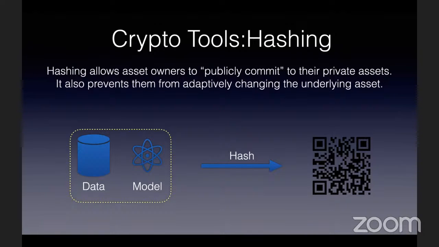But what this hash allows is that now you have made a commitment to this model, and you have to use this model only, because we can verify that the model you're using to derive the fairness metric or accuracy matches this hash. And the assumption is you cannot find two different models that hash to the same thing. So hash is important to make a public commitment to an otherwise private asset, which we were doing in the previous slides also.